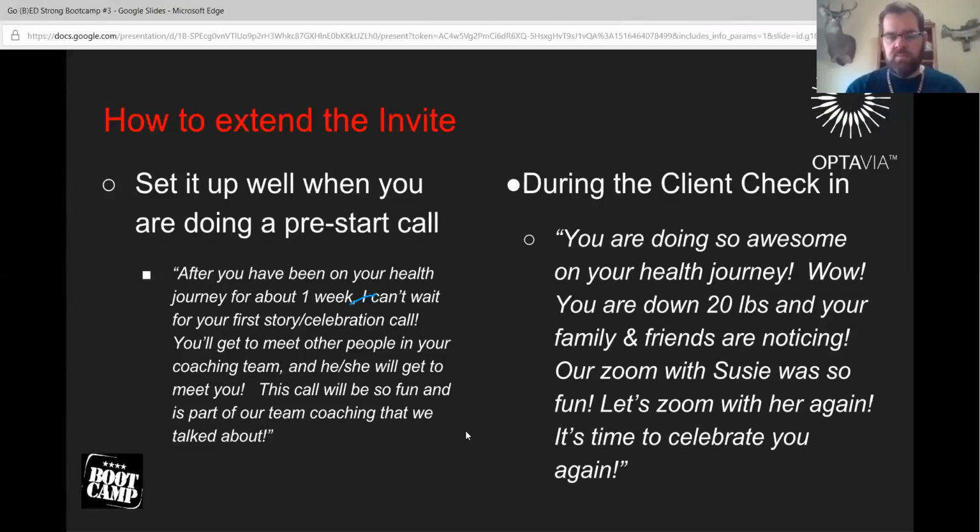Extending that invite could be during the client check-in. That may be at the end of the first month. You've got that one month check-in, and they've lost a lot of weight and people are starting to notice, and there again, you're trying to get into a celebration time with them and helping them understand the importance of celebrating what they've done and to help them move forward.